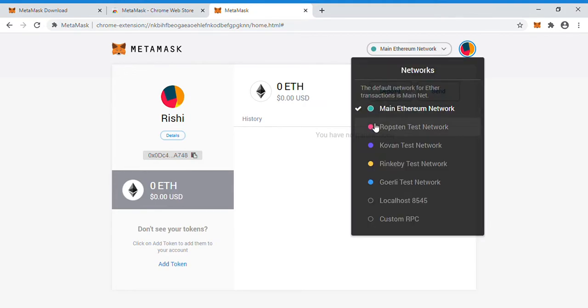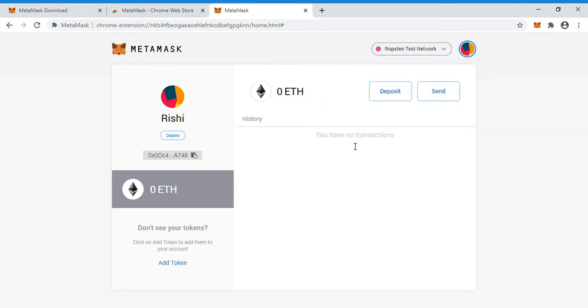So we can get the ethers from the Ropsten test network as well as the Kovan test network. Let me use the first one, the Ropsten test network. You can select the blockchain network, Ropsten test network. This is one of the test networks. They will offer some ethers in order to deploy smart contracts as well as to transfer ethers. Here I have selected the Ropsten test network.